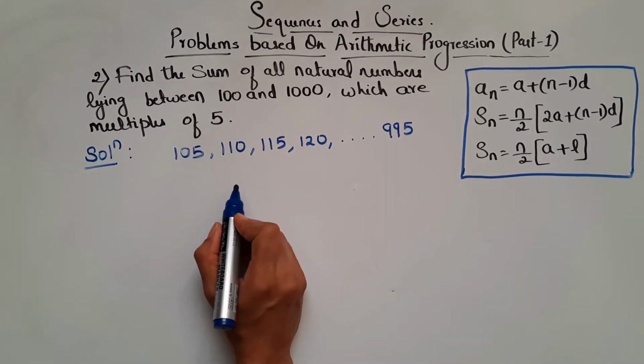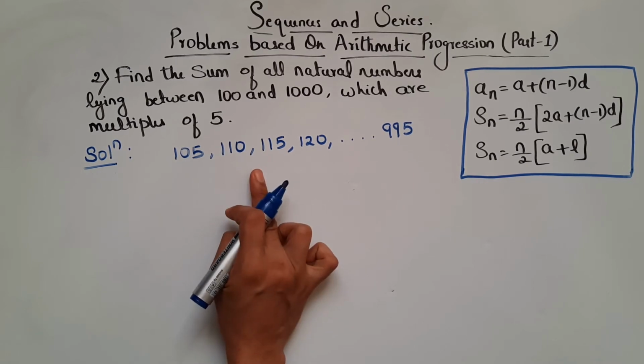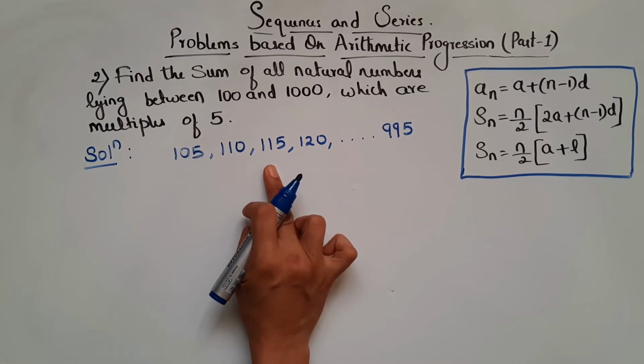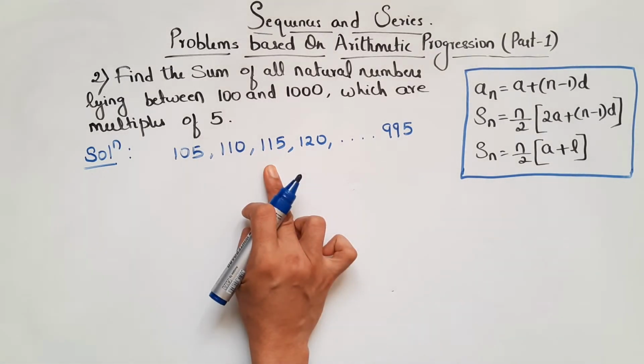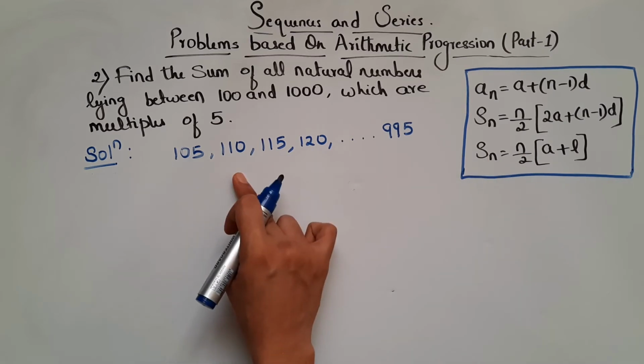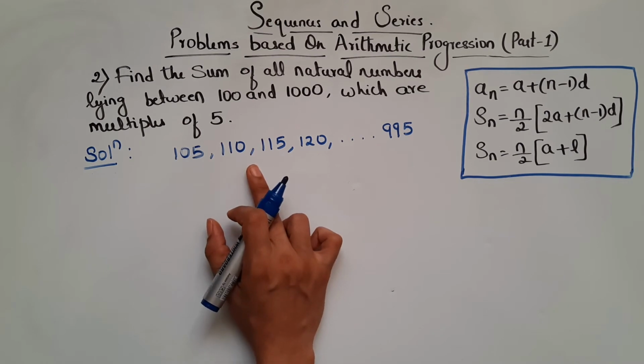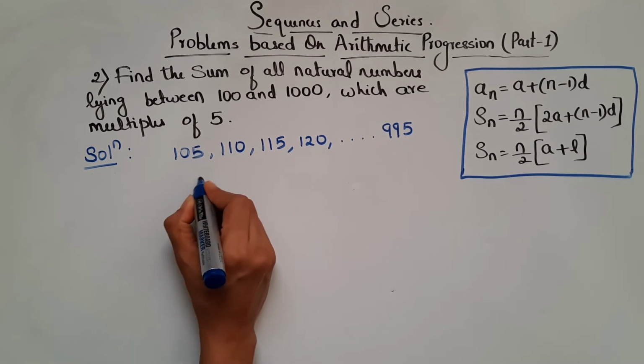Here the first step is to see if this given sequence is in AP or not. In this case we know this is in AP because we are studying AP, right? But in the exam, if they don't mention whether this is in AP or GP, we have to find out whether this is in AP or it can also be GP, that is a geometric progression, which we will learn next. So at this point you have to check if this given sequence is in AP or GP. If this is in AP, then the sum is given by this formula. And if this is in GP, then the formula is different. So how do you see that? See the common difference.